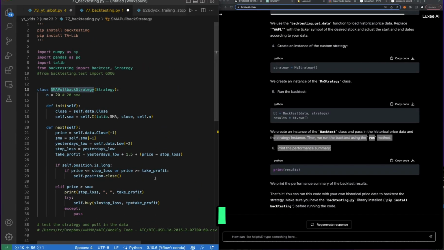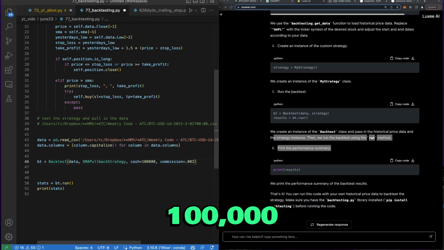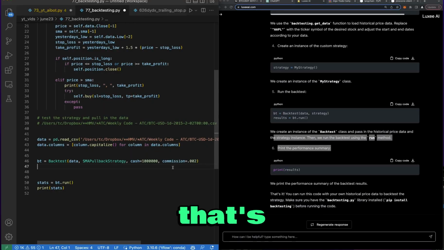So I do this all the time because this is what I do. I love this game. And you can say 10,000. I'm gonna put 100,000 because we're trading Bitcoin and it can't do portions. I'm actually gonna do 1 million. So with backtesting.py, it's a little tricky, but it can't buy in fractions. So it's not going to, you know, Bitcoin's like